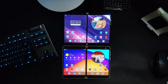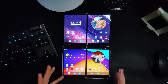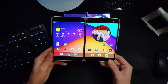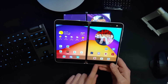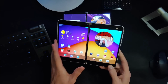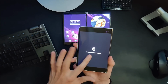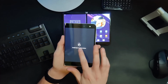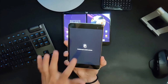Something else some people did want to see if there was any difference with was just the simple act of going into phone mode, and there actually are some differences. So on Duo 1, when you go into phone mode, it is actually trying to pay attention to the gyroscopes to determine which screen you're intending to use in phone mode. And it's pretty good at this. Whenever you go back around, it's going to guess. But then you're going to see back here, double tap to switch screens, and that's going to be there. And anytime it detects that you flipped it, that will pop up again, theoretically,